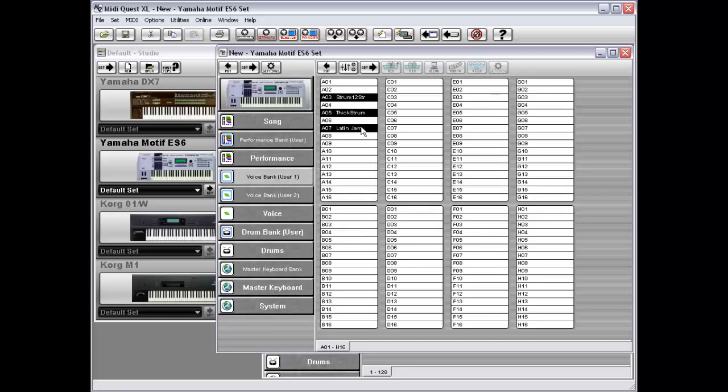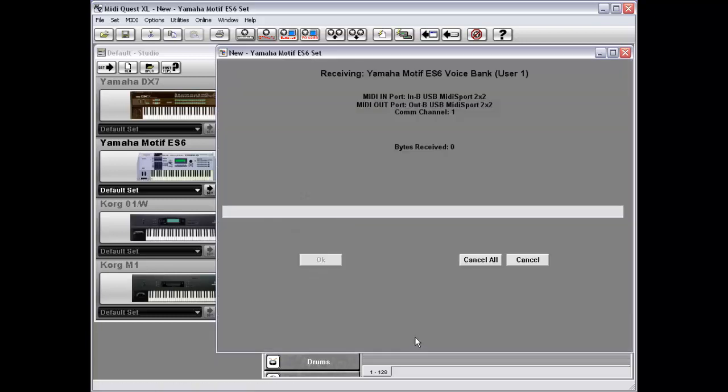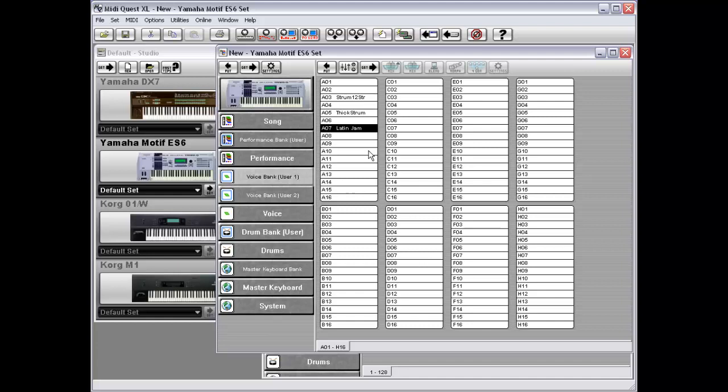and I missed just a little bit of the last one. So there, I've got a full Latin jam now. And as you've heard, as I've talked, clicking on different patches